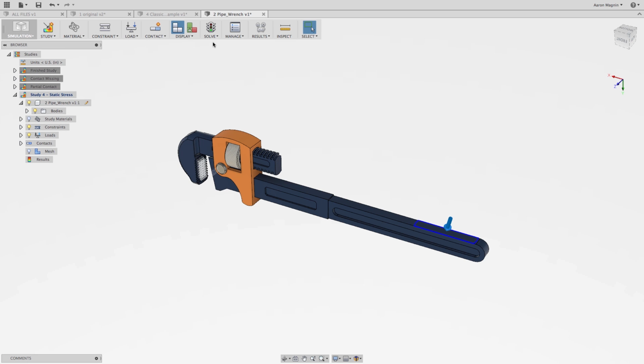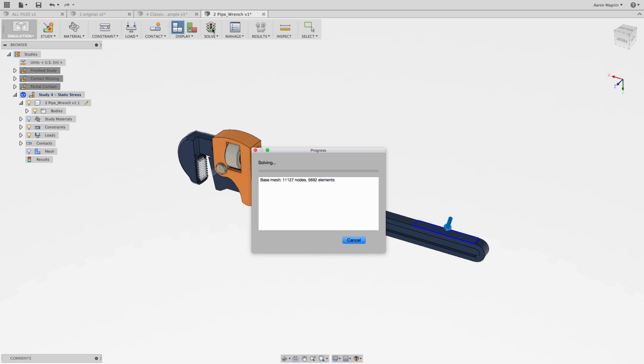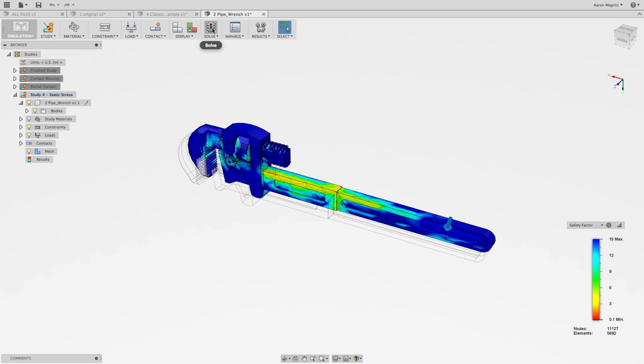My solve icon's green. I can go ahead and just solve this. So I'll click the solve button and we'll get some results pretty quickly here. Now, I'm willing to guess there's going to be some singularities in this. I mean, just when you have an assembly with pin edges and sharp edges like this, we could expect to see some amount of singularity, which I would expect is the case, because with a 200-pound force, the minimum safety factor should not be 0.1. What you'd expect when you have a singularity like this is that as you scroll this up,